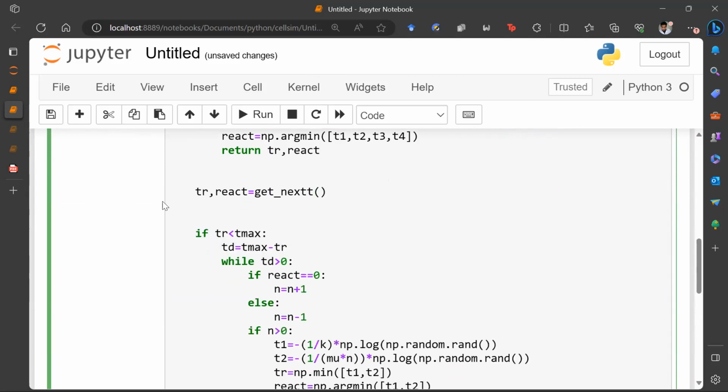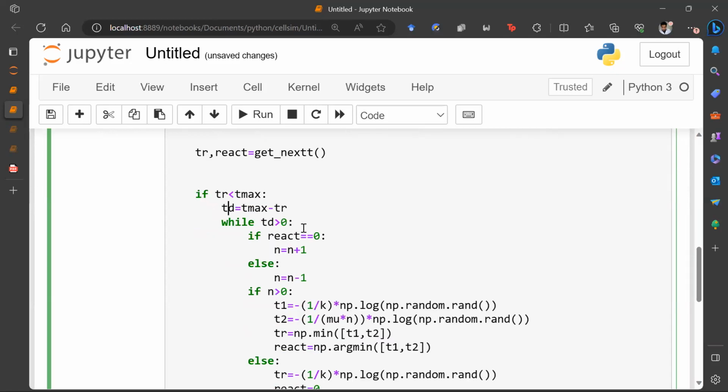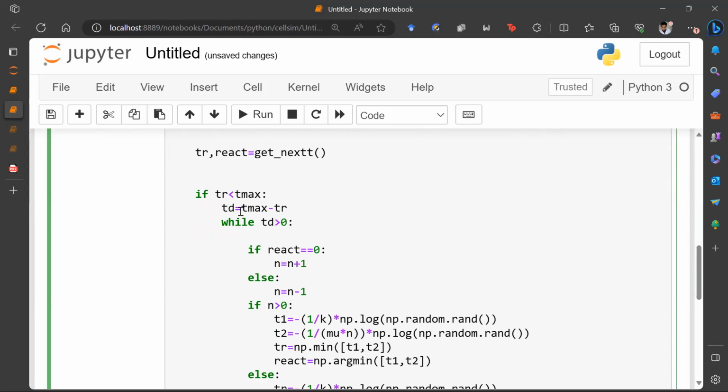But if my time to reaction is less than my maximum time, I propose a new temporal time, such as the time that has passed during this reaction, or the time that is gonna pass after the reaction. So if my time is higher than Tmax,